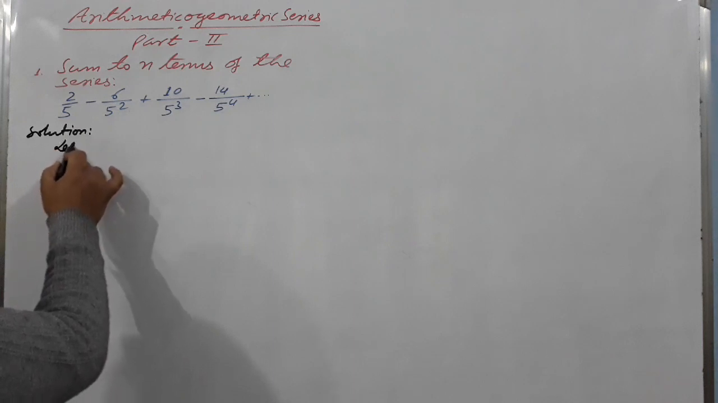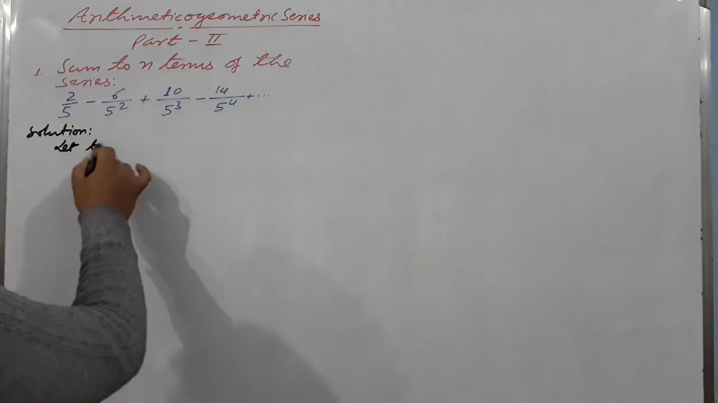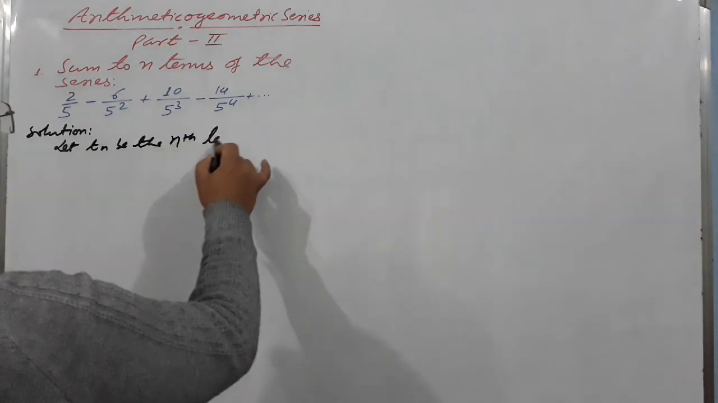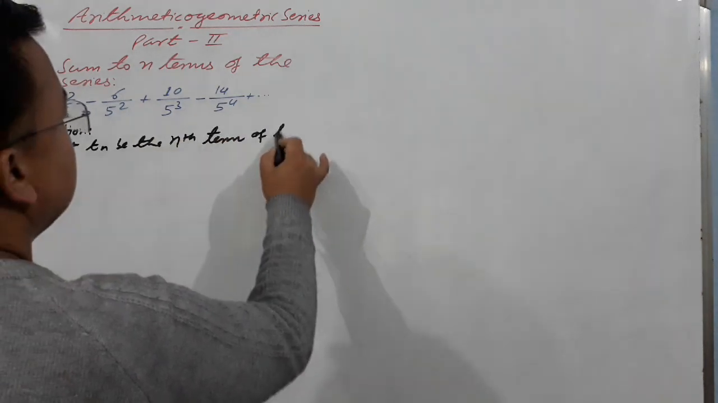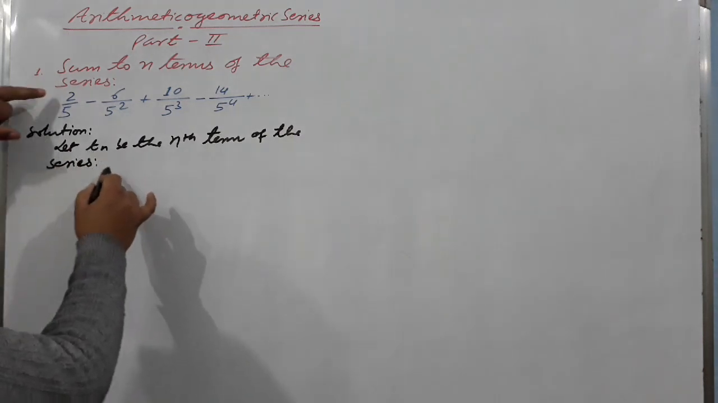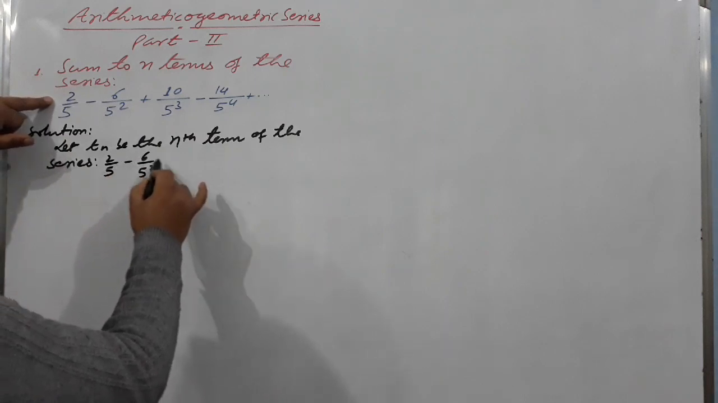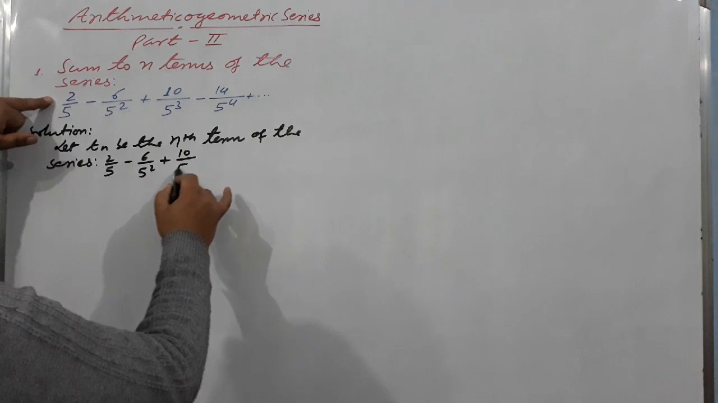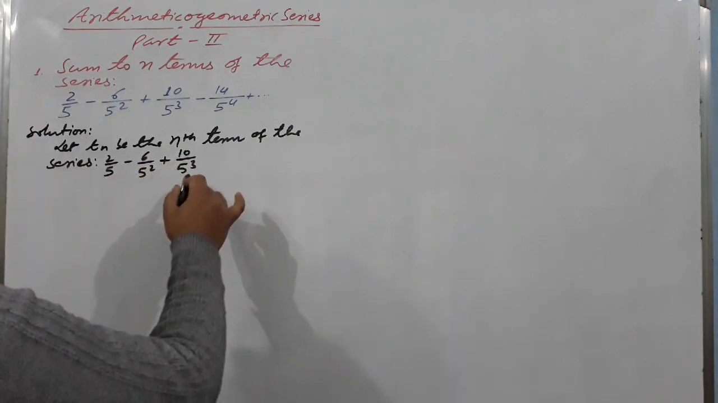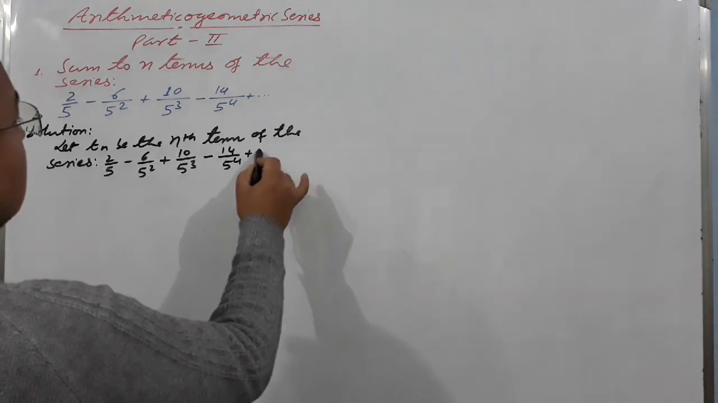First of all, I'm going to find the Tn. Tn means the nth term. Let Tn be the nth term of the series. The series is this one: 2/5 minus 6 upon 5 square plus 10 upon 5 cube minus 14 upon 5 raised to power 4 plus